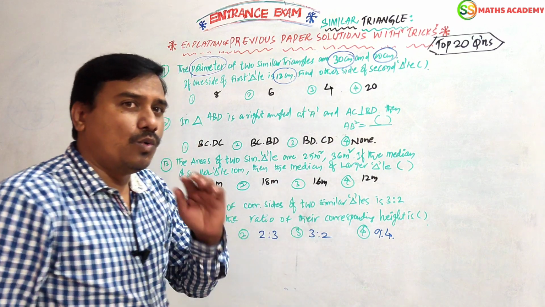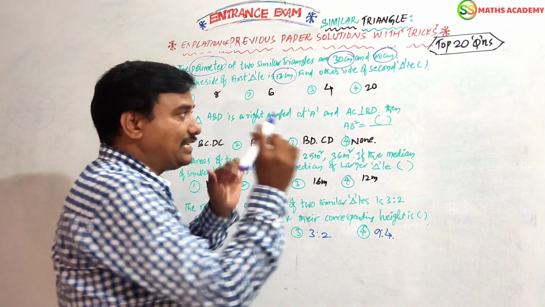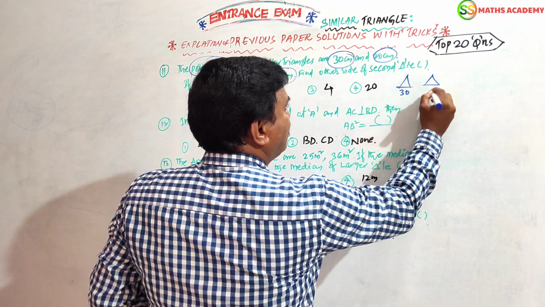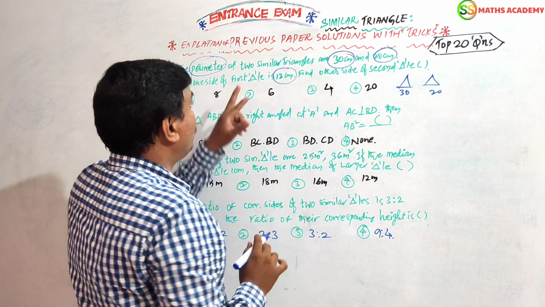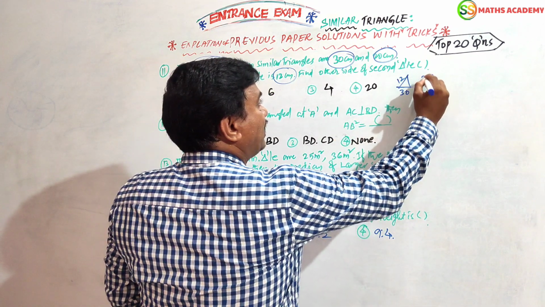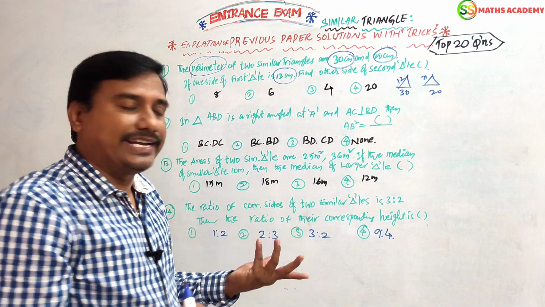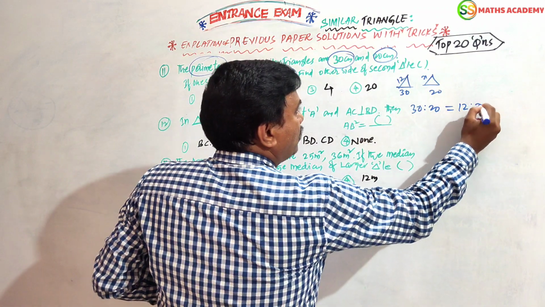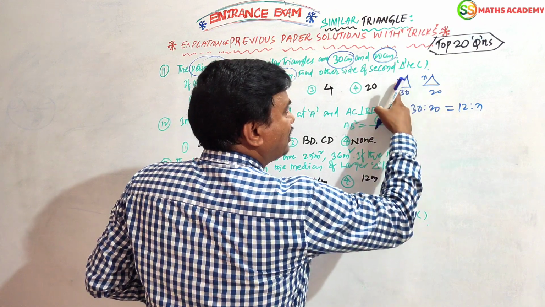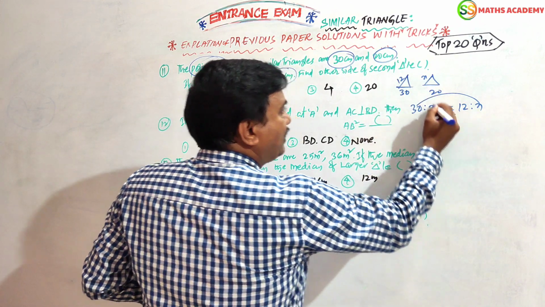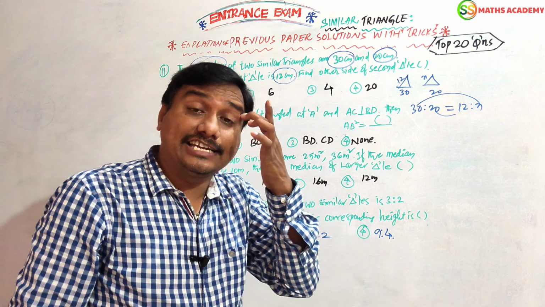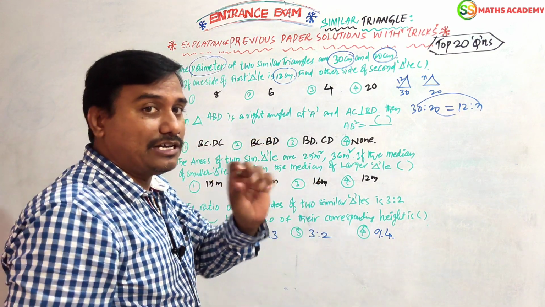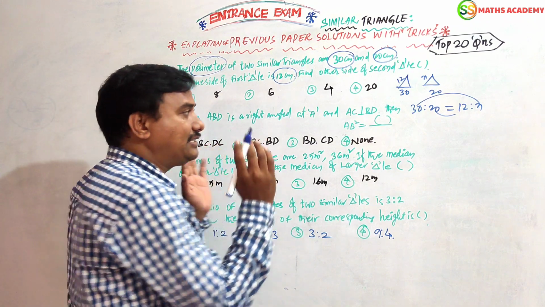Find the second. It is a comparison of two triangles. Perimeter of the first triangle is 30, the second is 20. The first triangle's side is 12, and the second is what? X, we don't know. So you can write the ratio between these two: perimeter to perimeter, side to side. Product of extremes equals product of means, the formula in a ratio. Equality of two ratios, we should go like that.